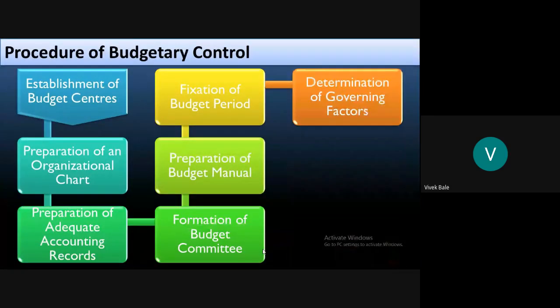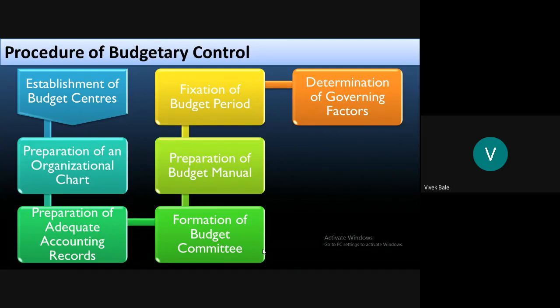And after that, determination of the governing factors. There are certain factors, or principal budgeting factors, that are called governing factors. They influence the budget and the functions of the budget. Therefore, the key factors which are responsible for preparation of the budget, generally sales is the key factor while preparing the budget. Other factors of production, for example, men, material, machine, capital, all these factors should be taken into account. Therefore, when you prepare the budget,